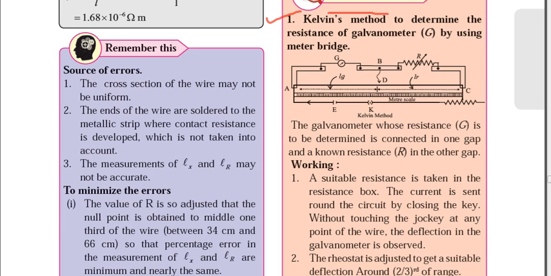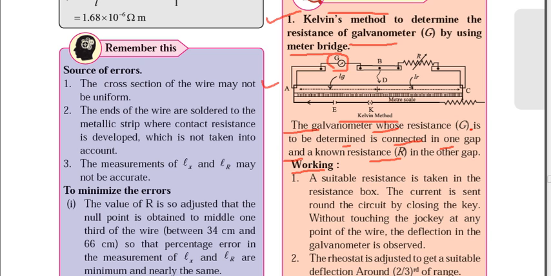Then we study the Kelvin method, which is one of the methods to measure the resistance of galvanometer by using the meter bridge. ठीक है, तो मीटर ब्रिज का ही एक मेथड है केल्विन मेथड, जिससे हम गैल्वेनोमीटर का जो रेजिस्टेंस है, ठीक है, वो कैलकुलेट कर सकते हैं। तो वो हम डिटेल में देखेंगे यहाँ पे। ठीक है, तो यहाँ पे फिगर दिया है जिसमें केल्विन मेथड से गैल्वेनोमीटर का जो रेजिस्टेंस है, ठीक है, वो यहाँ पे मेज़र किया गया है। तो उसके लिए हम पहले वर्किंग देखेंगे।